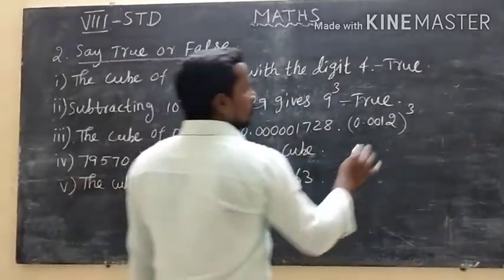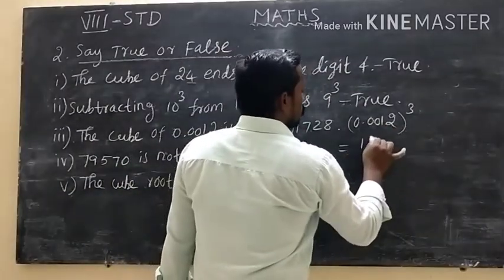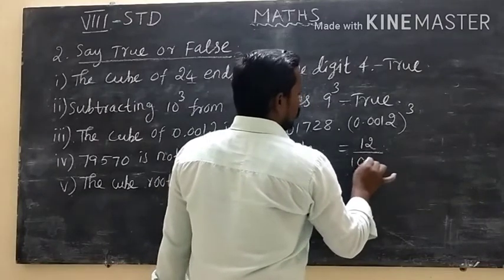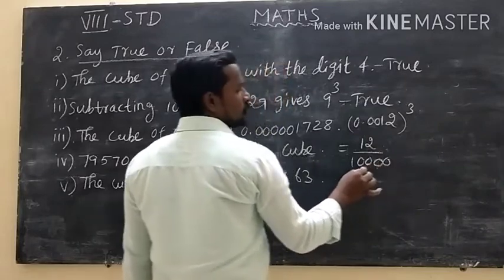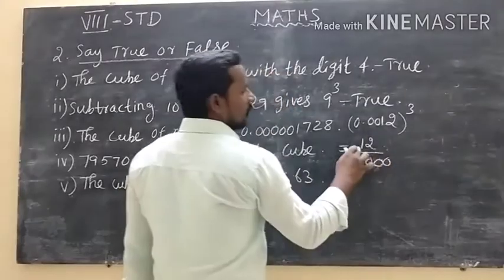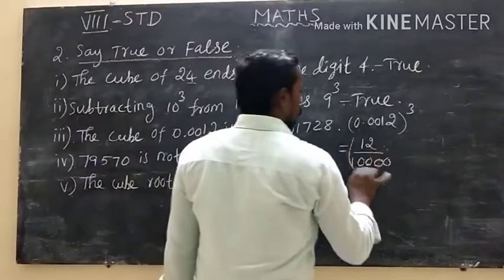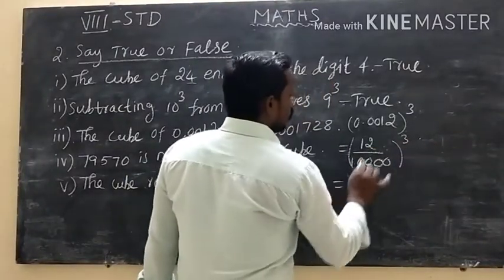How to check? 0.0012 is equal to 12, the integral part, divided by 10,000, because 1, 2, 3, 4, the number of decimal places is 4. So dividing by 10,000 gives 4 decimal places. The whole cube is equal to 12 cube